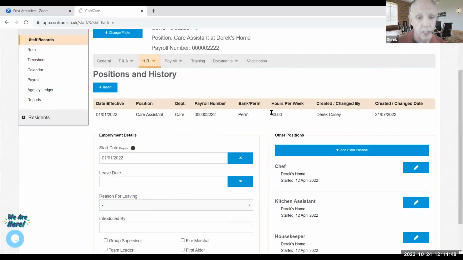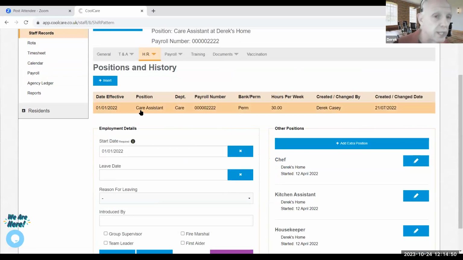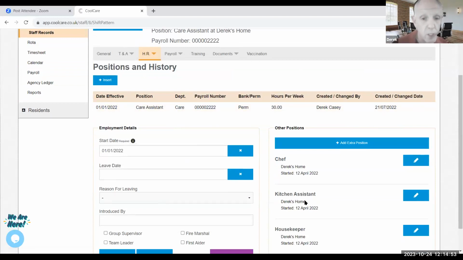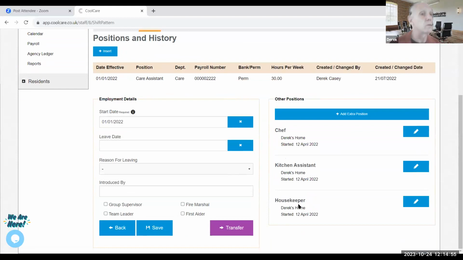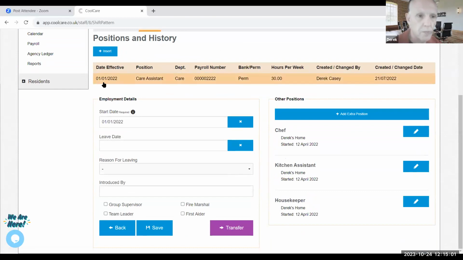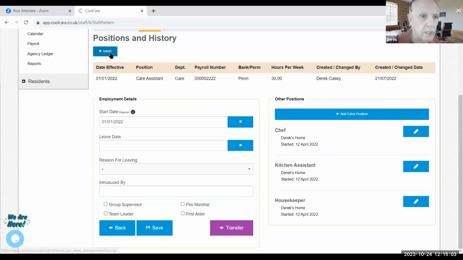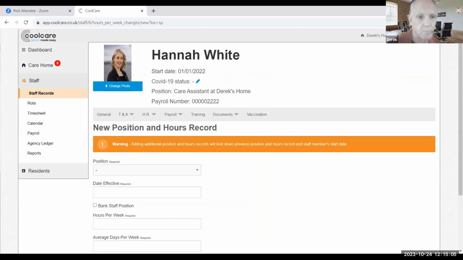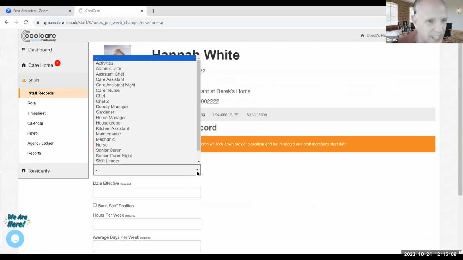And here under positions and history, I can see her main position is a care assistant, and these are the other positions she can cover, but you can't do a care assistant, a senior carer. I'm now going to make her a senior carer. So we're going to do that now. If I click here, I'm going to say insert. And of course, I've forgotten my date, but we'll go for it anyway. I'm going to say we'll make her a senior carer